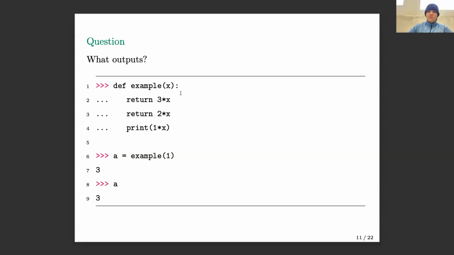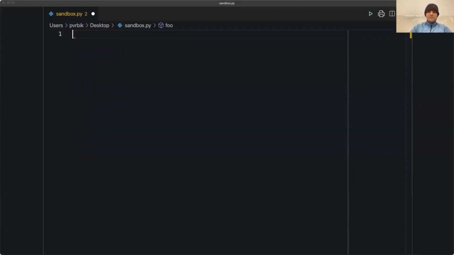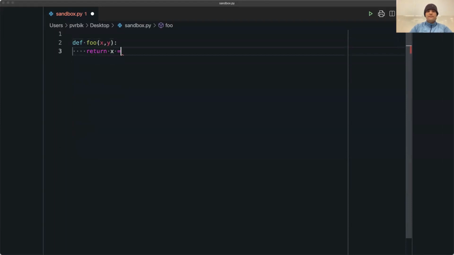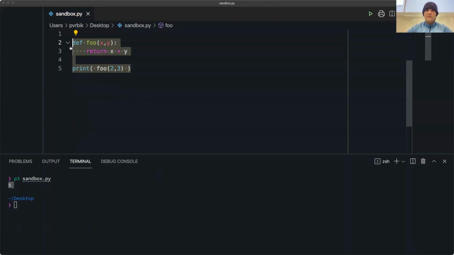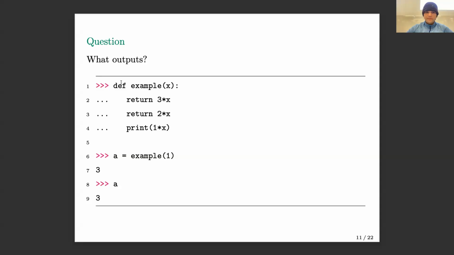So it would look more like this. Here's a file, which is basically like your Anaconda. I could do the same thing here, and then I could say print foo 2, 3. My output will come underneath there. I just have to hit different buttons to get it to go. There's your 5. If you put this into your Anaconda or Jupyter or whatever, it would do exactly the same thing as this. But thank you for asking for that clarification.